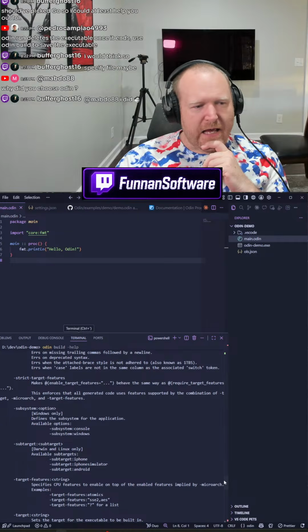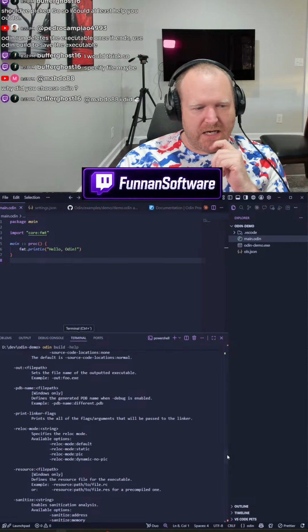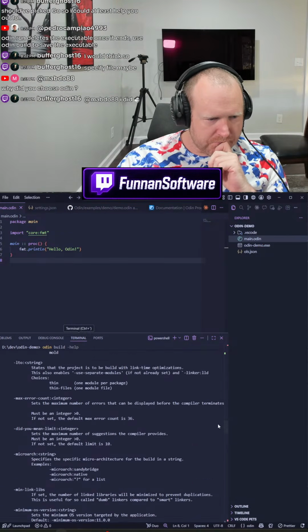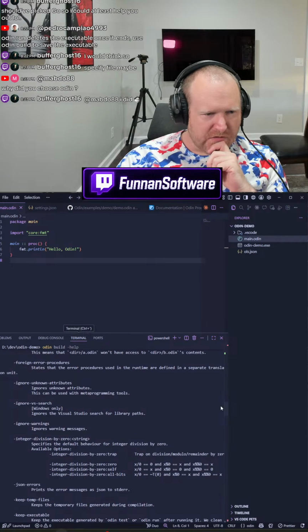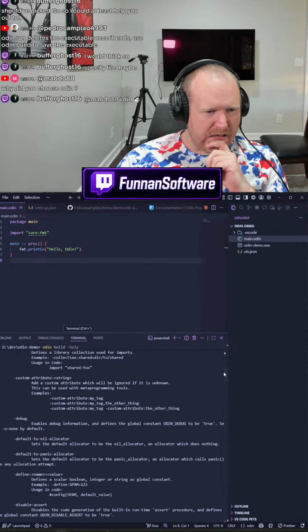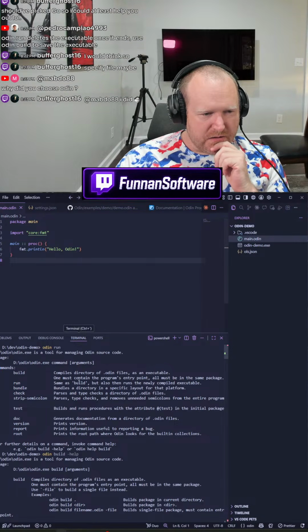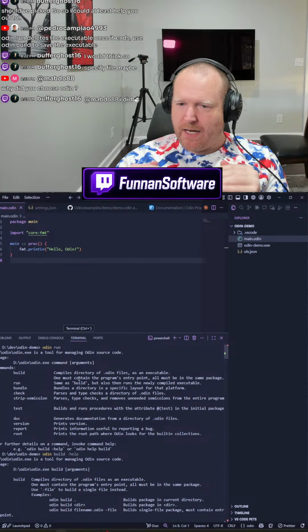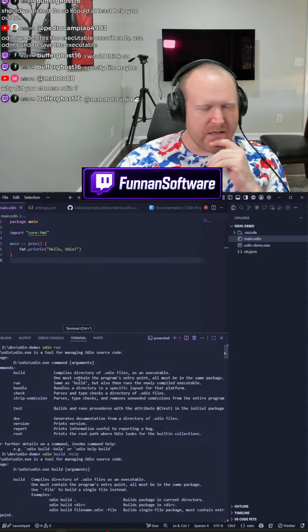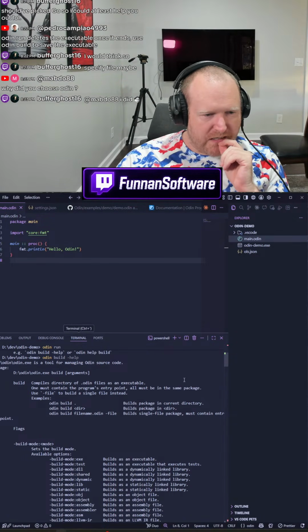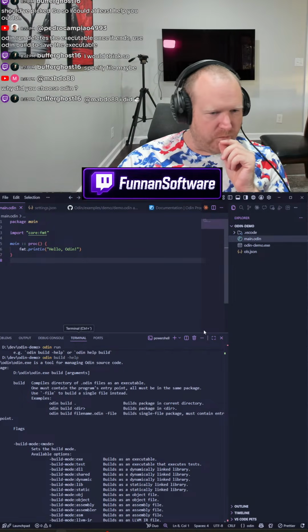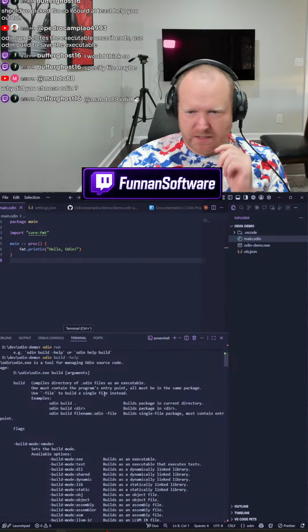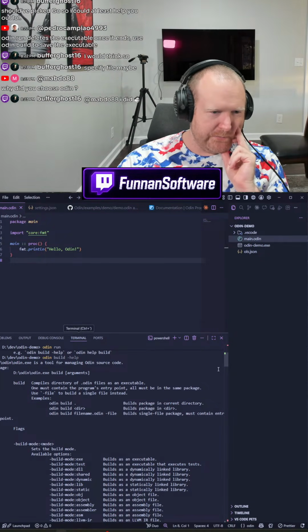Does Odin have its own make system, such that I can define all of my build flags and things like that? I'm assuming, like Zig, I would probably just specify it all in a JSON file or an Odin file.